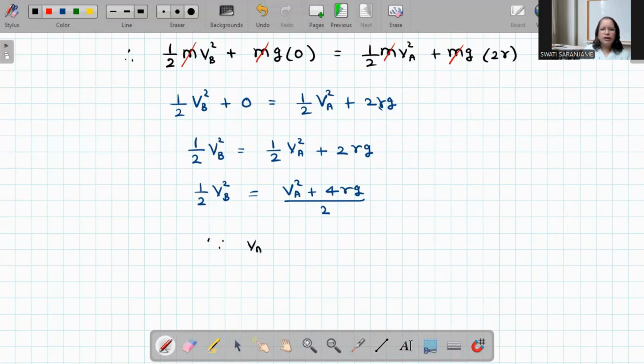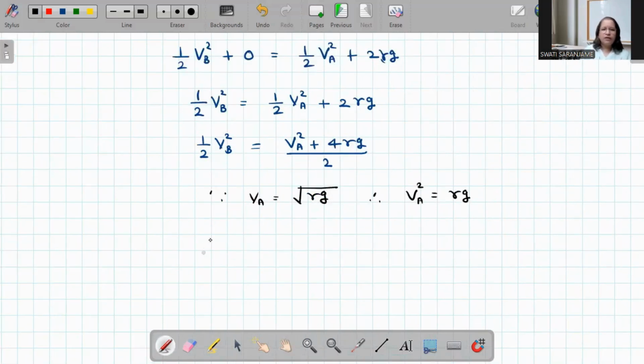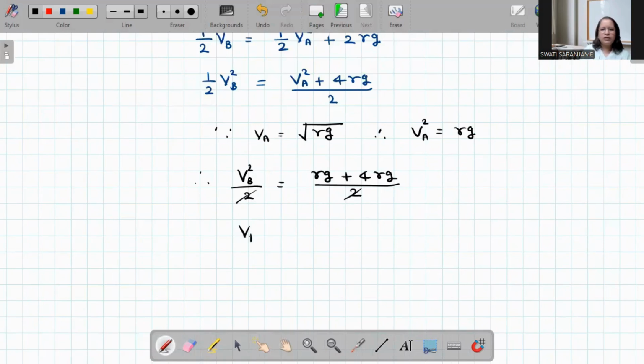Since VA is under root RG, therefore VA square is RG. Let us substitute that over here and we have VB square upon 2 is equal to RG plus 4RG upon 2. This 2 cancels out. What we have is VB square is equal to